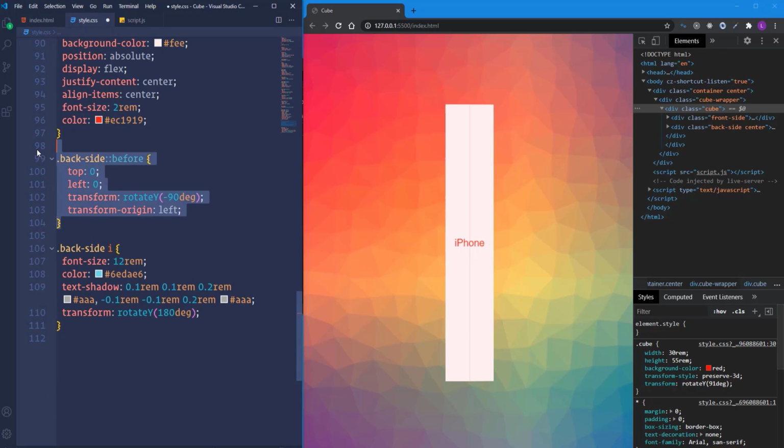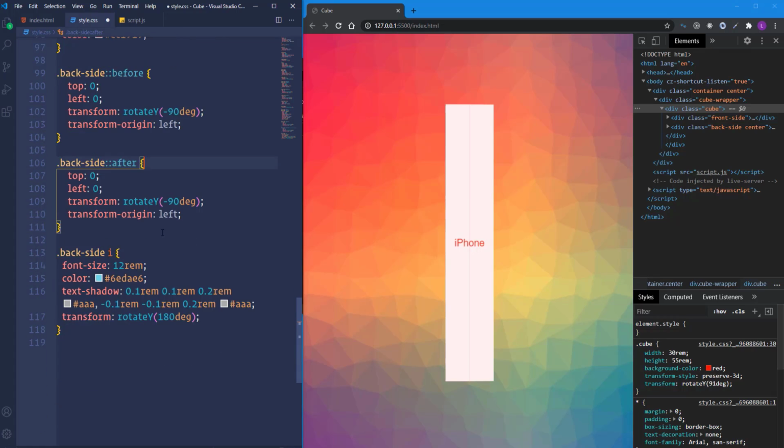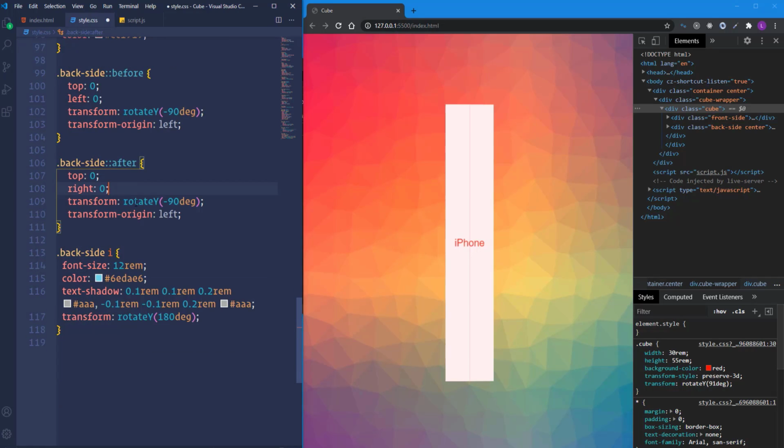Then I'm going to duplicate this code. Change before into after. Then instead of left, we need right. Also, let's get rid of minus sign from here and change the transform origin, make it right. Okay, so that's it about the cube.